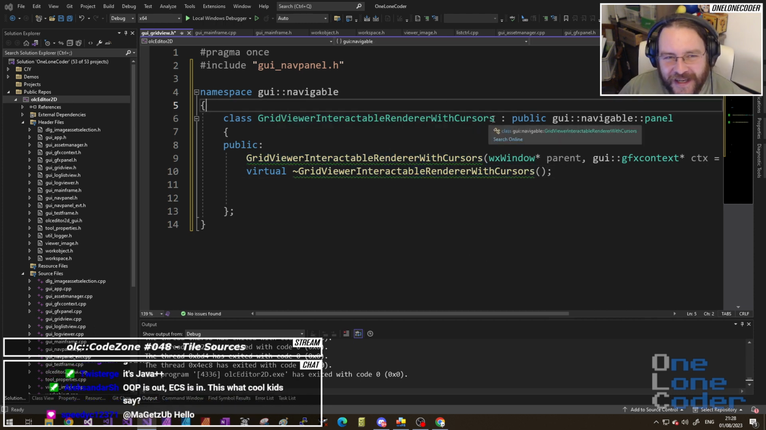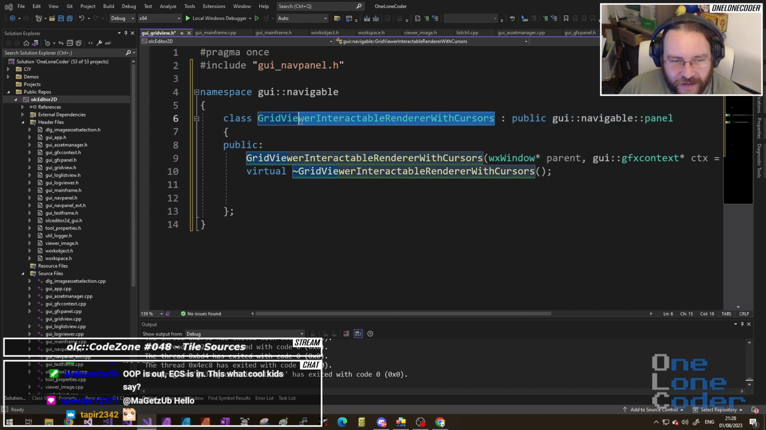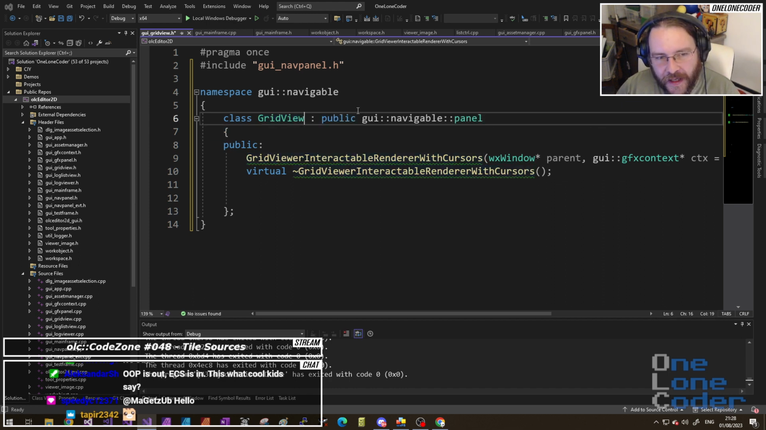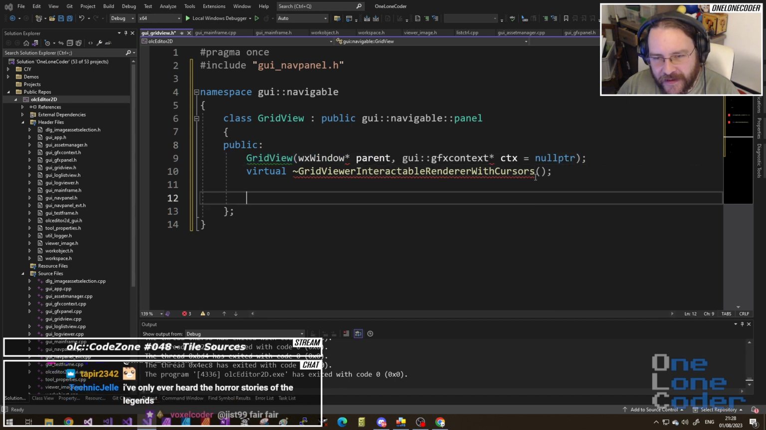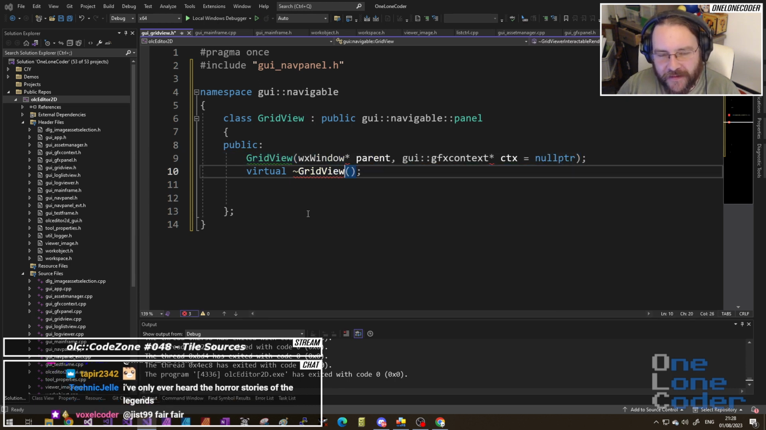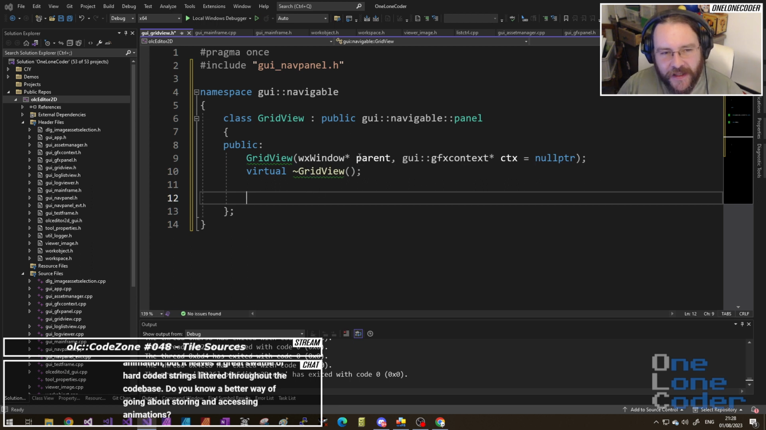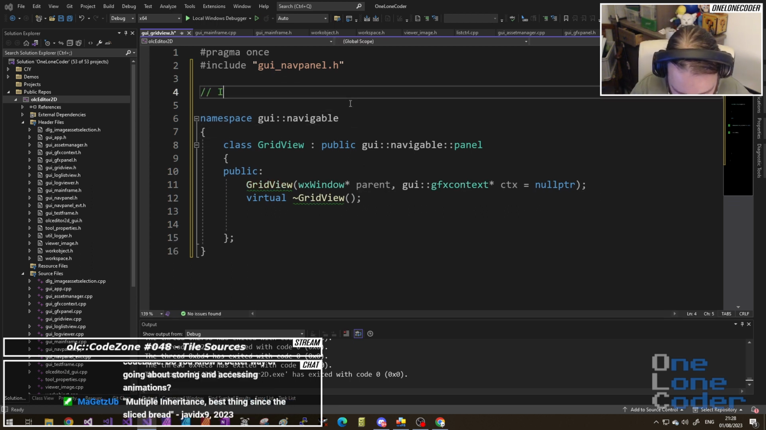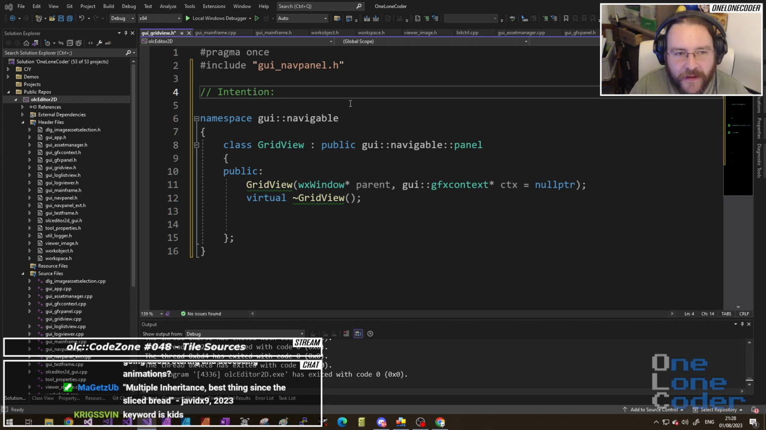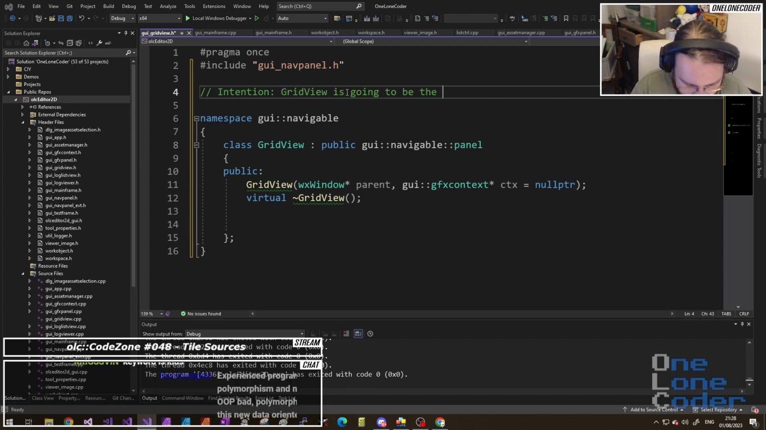Okay, let's be sensible. I think this is just going to simply be grid view. Because this is actually going to be such a fundamental component. I've got a feeling we'll probably have a fair few things derived from this. One of the things I've started doing with my coding is putting in an intention comment. Why was I thinking along these lines? So a grid view is going to be the base for all things